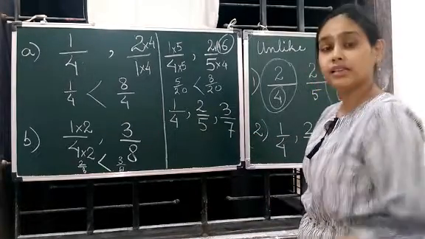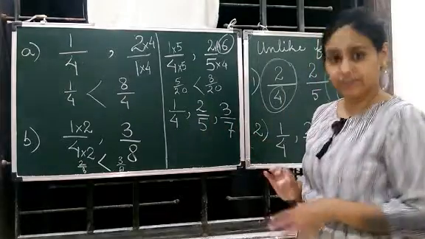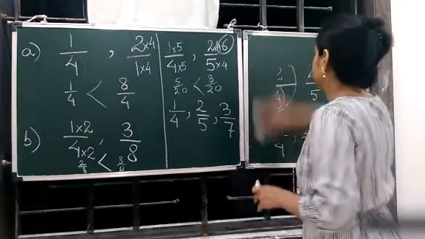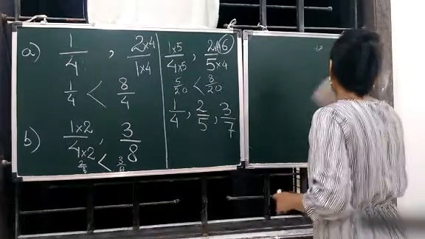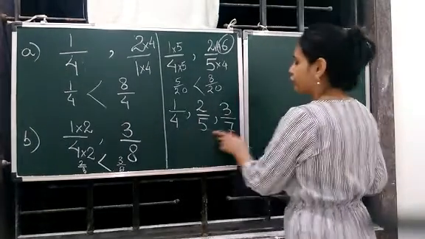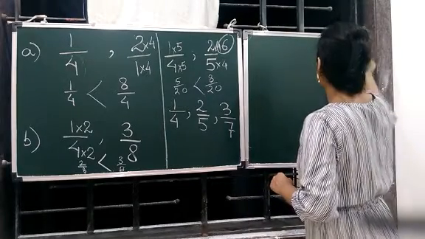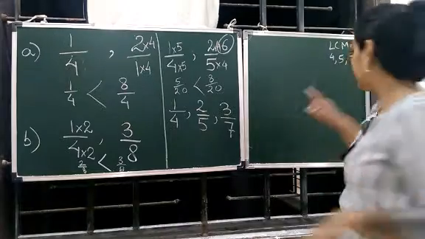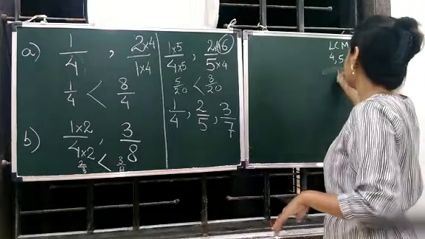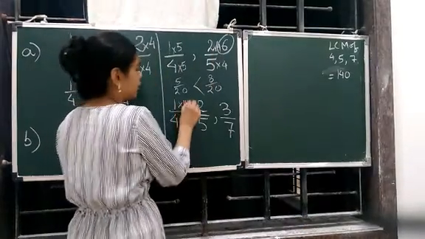Now coming to this one. Nothing is common. Yes? Now you cannot write 7 here and 4 here, interchanging and multiplying will be very difficult. So what to do here? Here is the LCM method. Self-reliant. Solve by yourself, no shortcut. So here you will have to find the LCM of 4, 5 and 7. I am writing it directly. 4 5s are 20, then 140. Okay, now this 140 we multiply to the fractions.